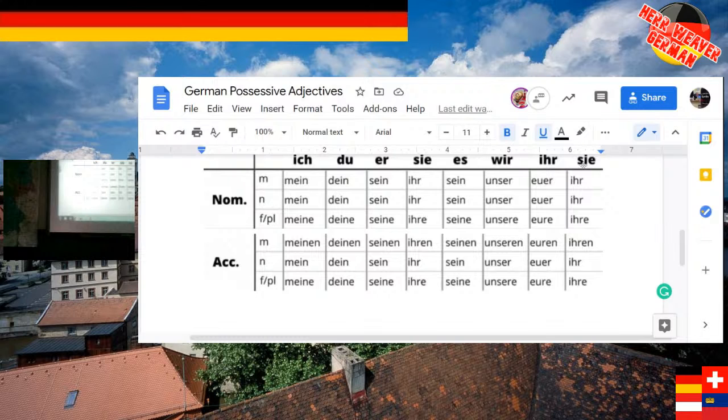So if you look at my chart again, it doesn't matter what case it's in, it doesn't matter if it's feminine, if it's accusative or nominative, look at the ending. All the way across. Someone say it. E. What do we put down here? All the way up? Yes, E. That's the right ending to use. So with feminine words or plural, don't overthink it. Just put an E on the end of these possessive adjectives.